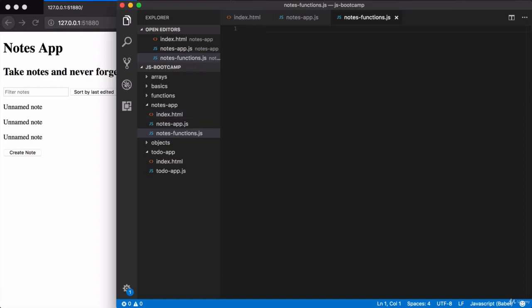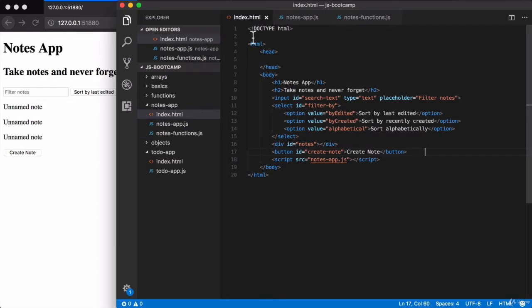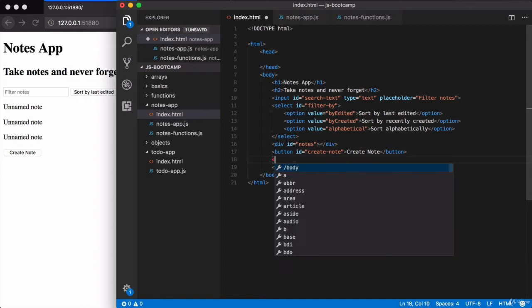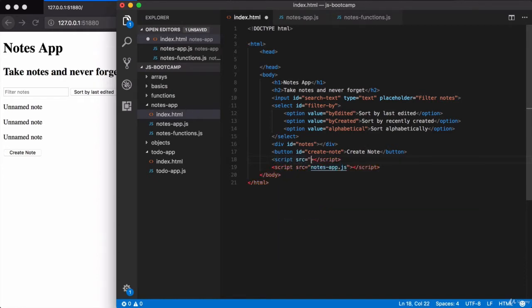And in here, we're going to end up just defining some functions that get used by the other JavaScript file. Let's go ahead and actually run this file by creating a second script tag. Now I'm going to add this script tag right here above my previous one. So another script tag. We're going to use the source attribute to load an external script in, and I'm going to call this one